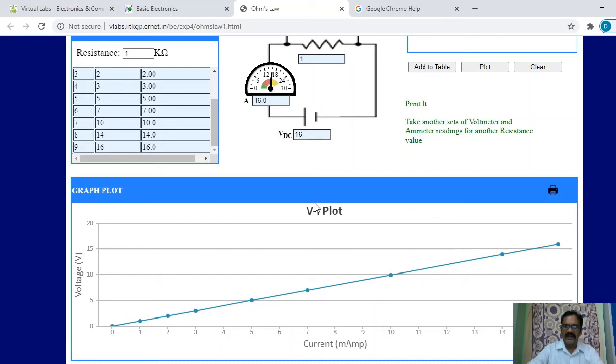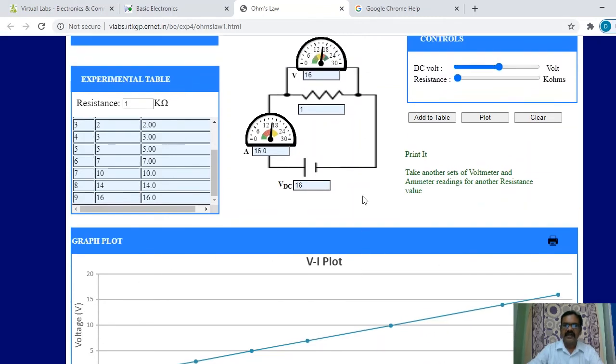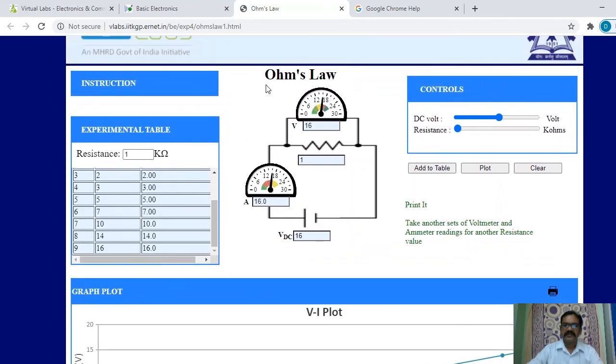We can explain all the associated experimental observations from this. And this is the way of conducting experiments through virtual labs. I hope this video is useful to you to develop video lectures on simulation experiments.